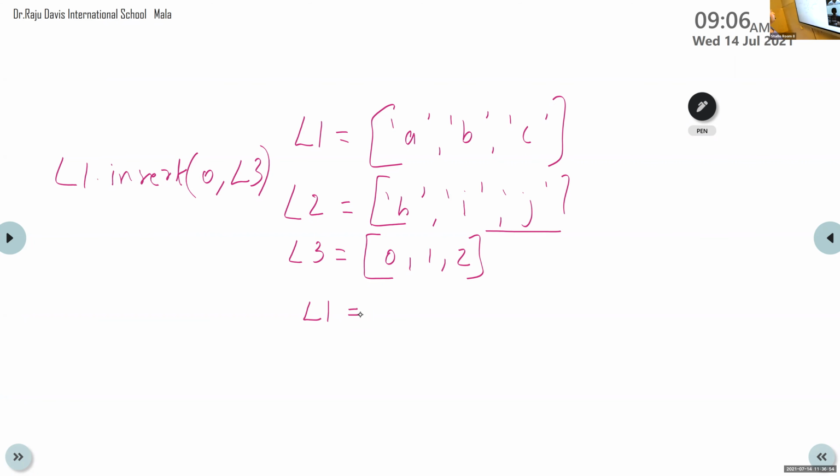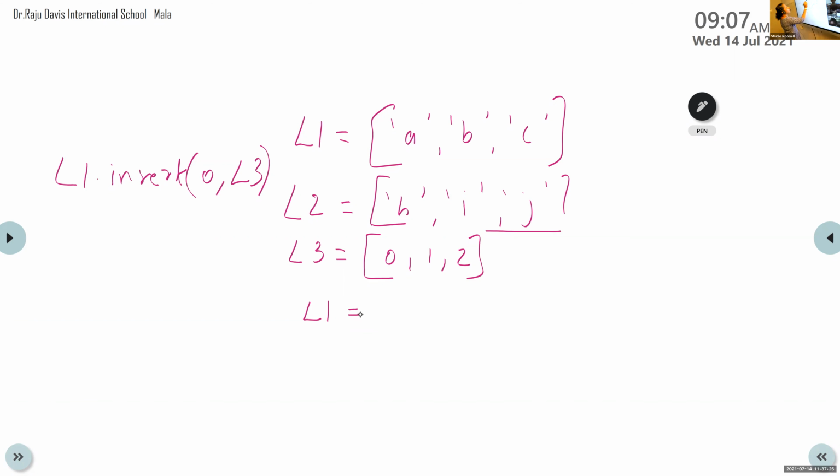Yes. What is the meaning of that statement? We are adding the list L3 at the first index value, before ABC. So we are inserting L3 at index 0 of L1. L1 dot insert 0 comma L3 means inserting L3 at index 0 of L1.